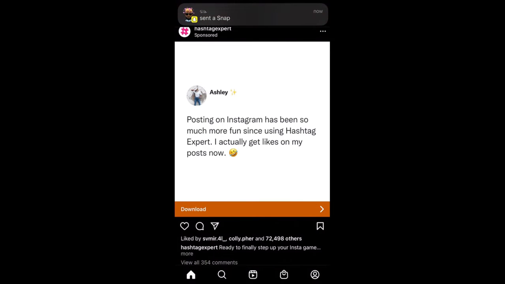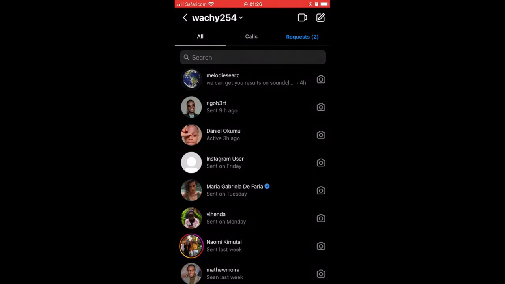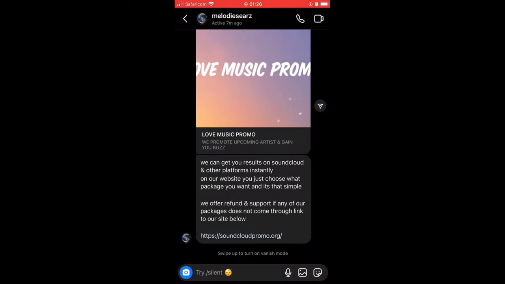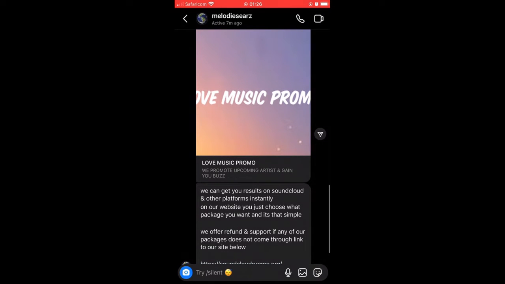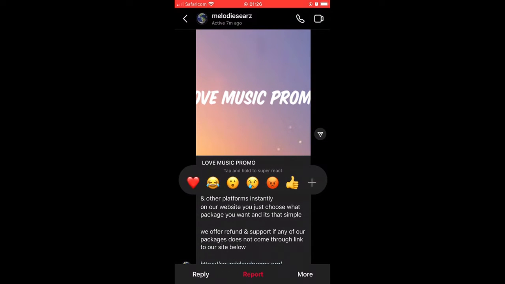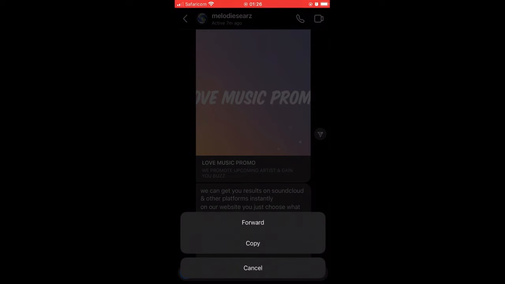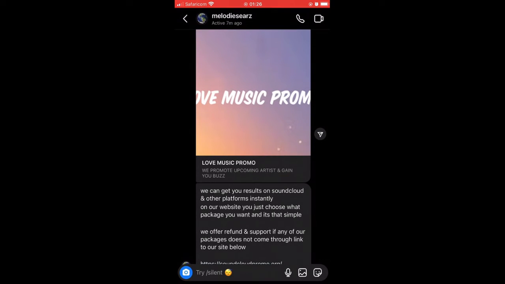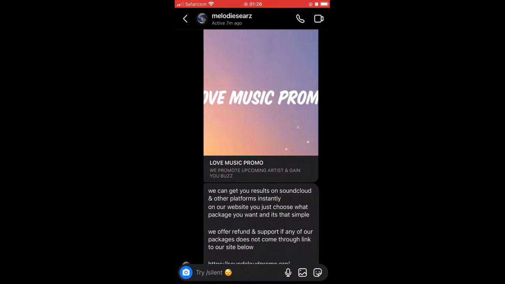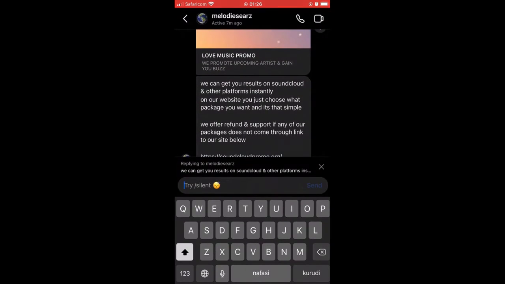Select on messages, and we're just going to click on a random text, and you can hold on a text, and when you hold on a text you get a bunch of reactions. You can react to a text, you can reply, report, or more. Now on more you could just forward or copy. So as you can see, in my Instagram I have the reply option, and that is because I have updated